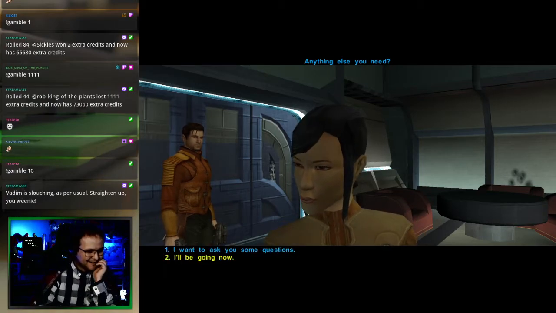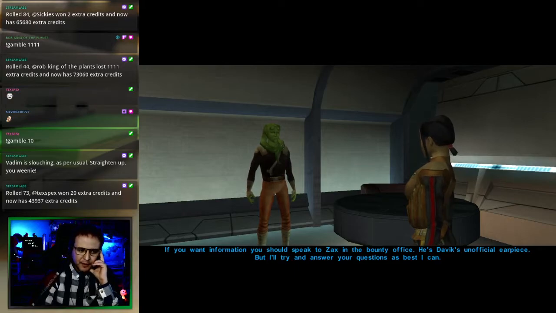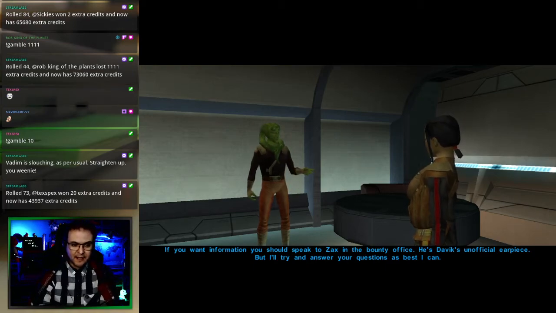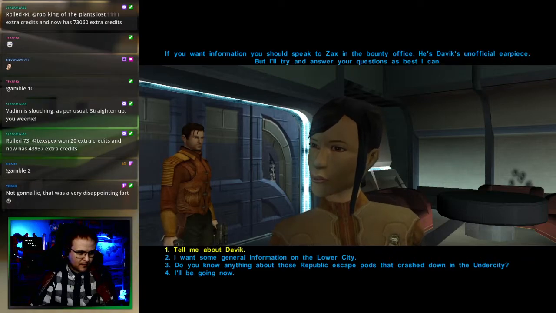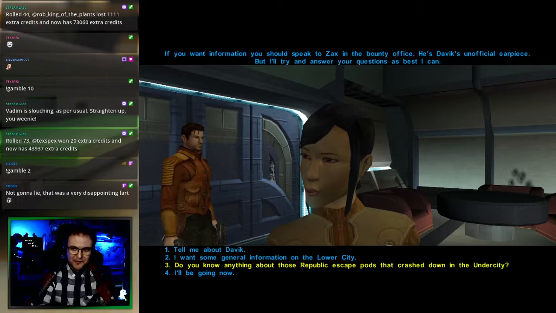Okay. I want to ask you some questions. If you want information, you should speak to Zax in the bounty office. He's Davek's unofficial earpiece, but I'll try to answer your questions as best as I can. Okay. That's the point, Yark, so...